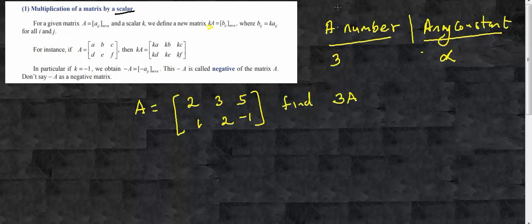So here we are going to be studying about different operations that can be carried out on a matrix. The first one is multiplication of a matrix by a scalar. Now, the meaning of scalar is nothing but any number. The point that you have to understand is, if you are given a matrix like this, 2, 3, 5, 1, 2 and -1, and they are asking you to find 3A, what it means is that you are expected to multiply every element of the matrix A